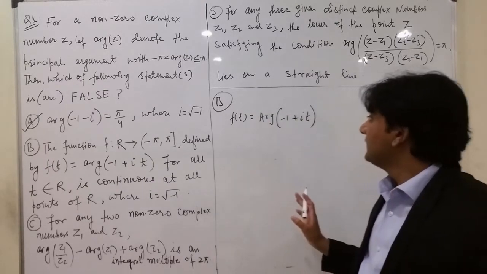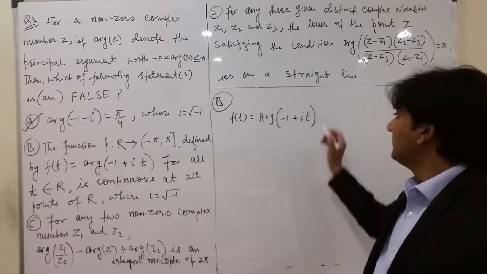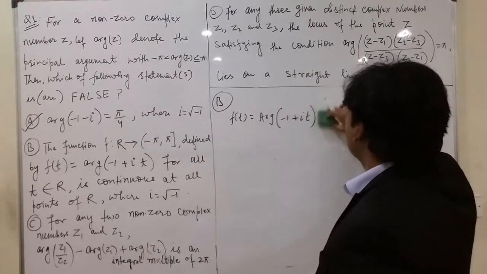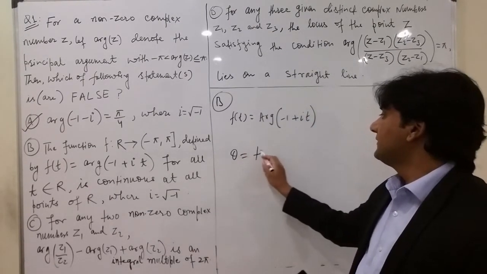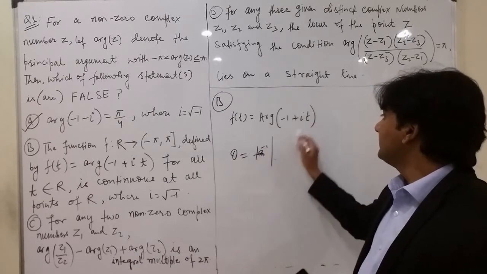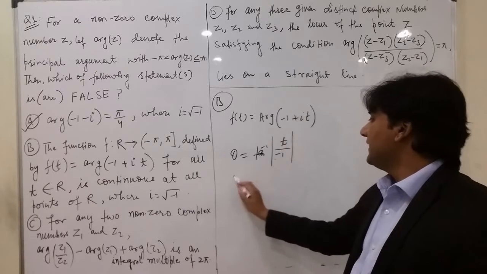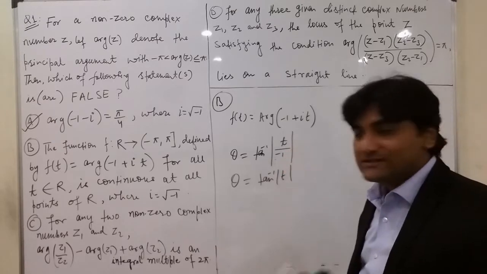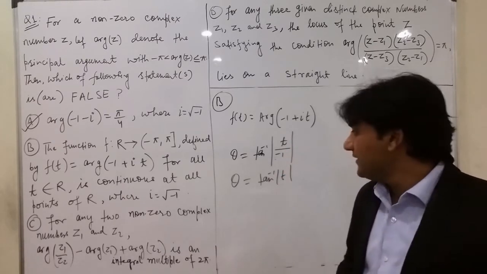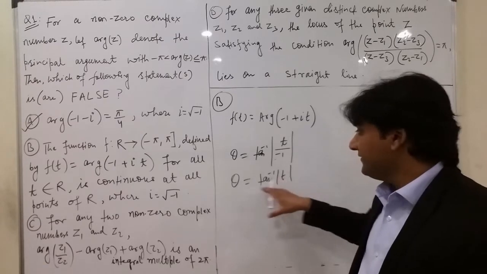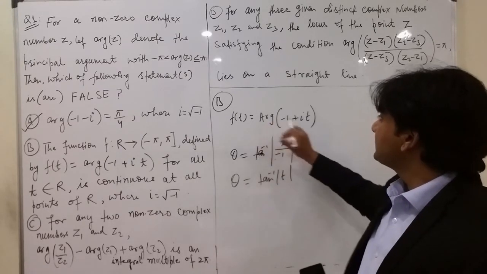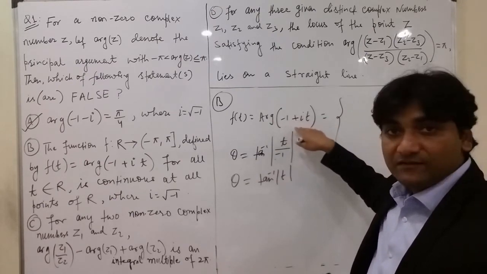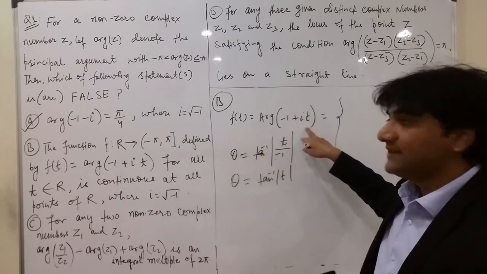Now the argument, we know what that is. First of all, we will find theta. So theta would be tan inverse of mod t over mod of minus 1, and then theta we will get as tan inverse of mod t. Mod of t over minus 1 is mod t. So this is tan inverse of mod t, which is theta. Now it comes to the argument, and it depends on t. When t is positive, it will lie in one quadrant. If t is negative, then it will lie